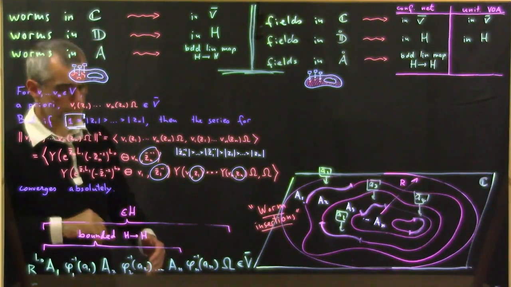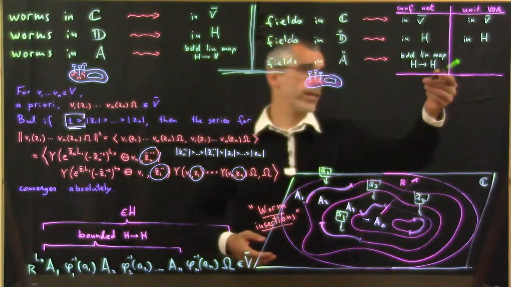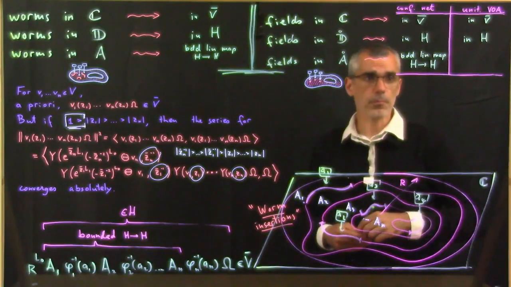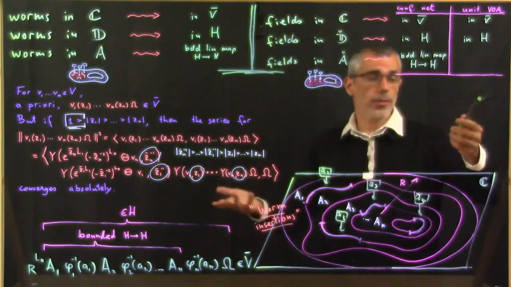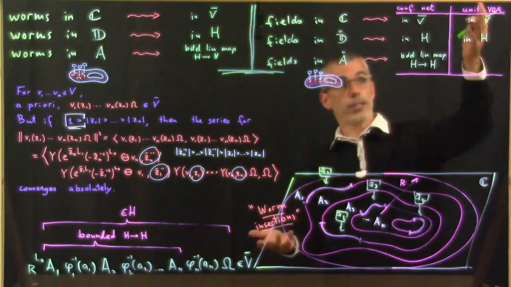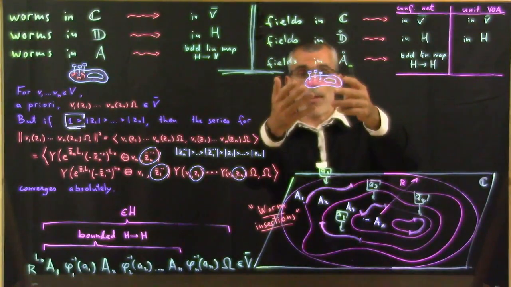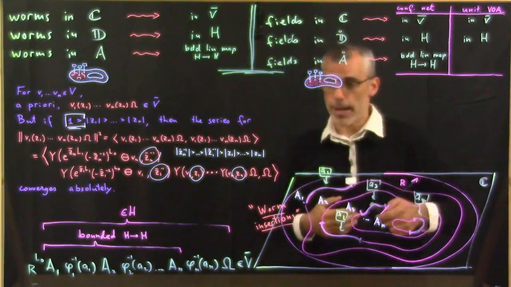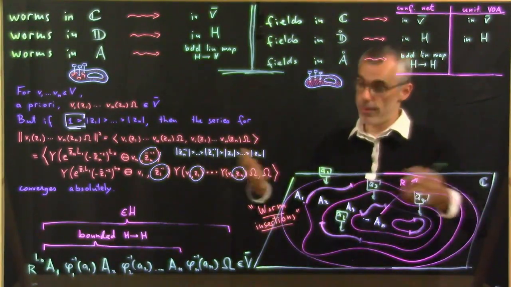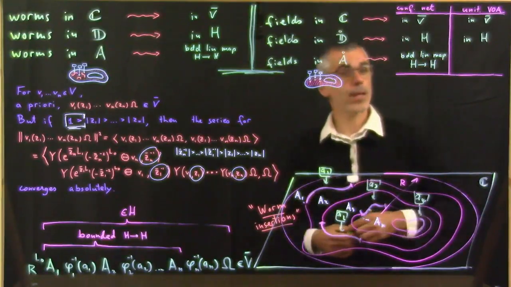So this leaves the case of understanding what happens with fields inserted in an annulus. And this is the case where we don't know how to prove that starting from a unitary VOA, such a picture induces a bounded linear map from H to H. If we knew how to prove it, then we would be able to show the equivalence between conformal nets and unitary VOAs.